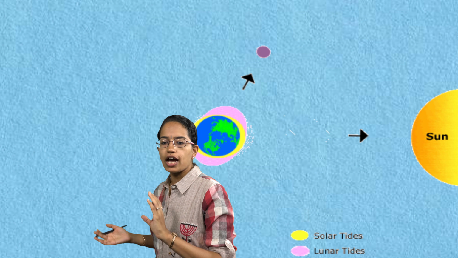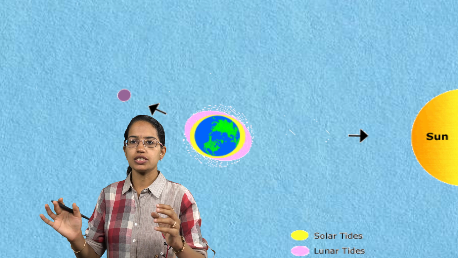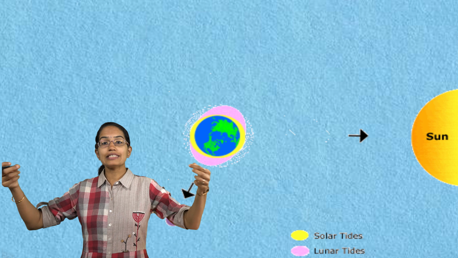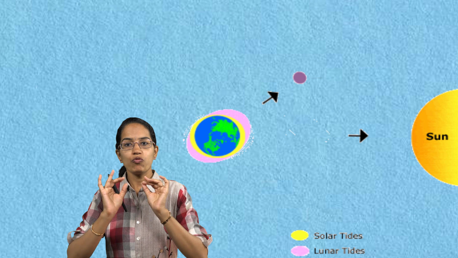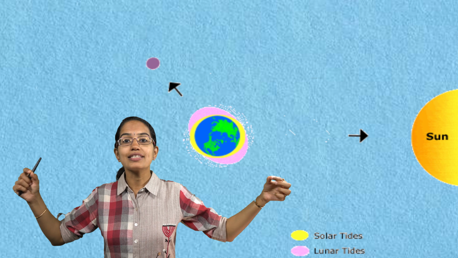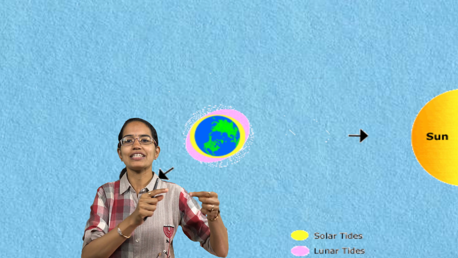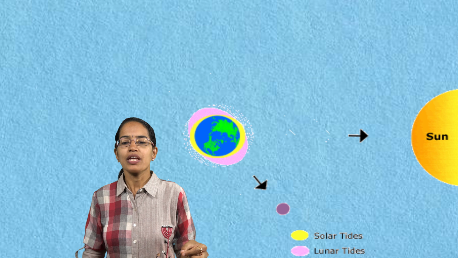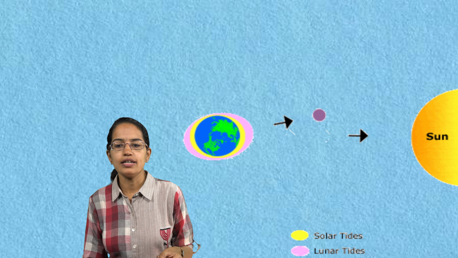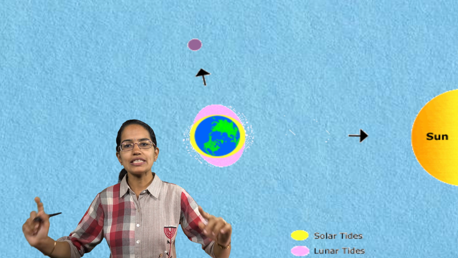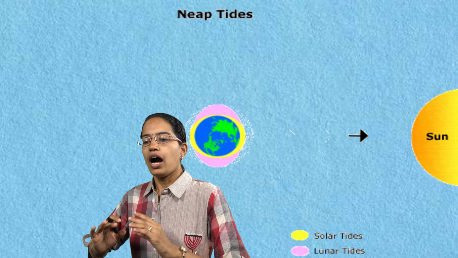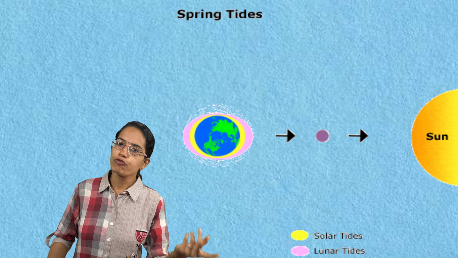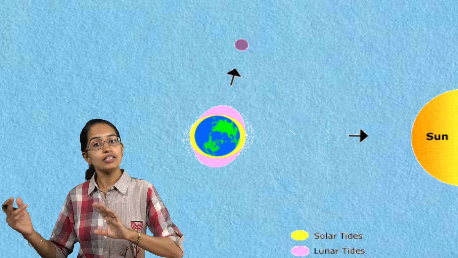Based on the positions of the sun, moon and earth, if all of those are in a straight line, we say it is a spring tide. Very important, spring is linear, and that's how you can remember. It's not at 90 degrees, okay? So when you have the sun, moon and earth in a single line, we say it is a spring tide. Easiest way to remember it. Occurs twice a month, on a full moon and a new moon.